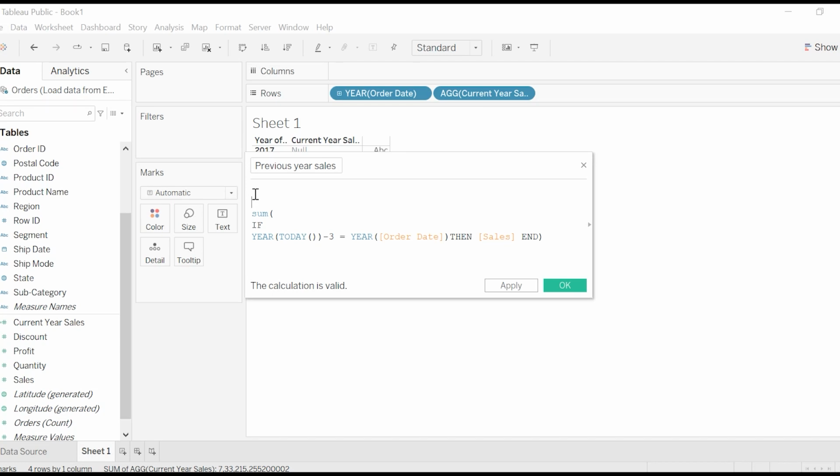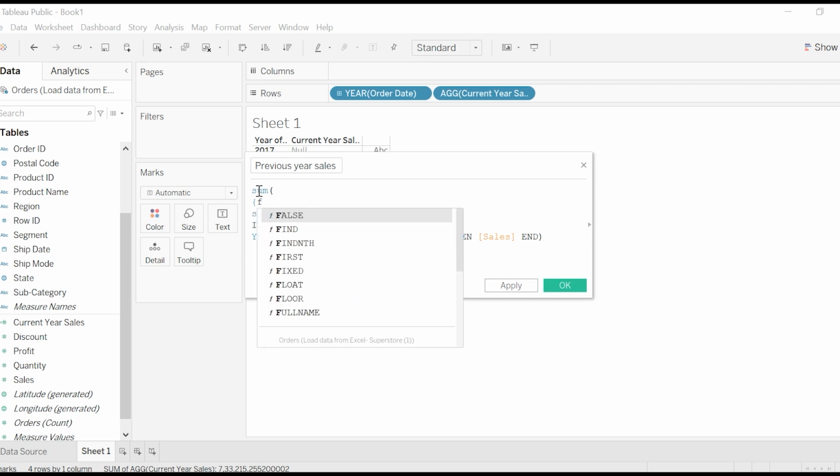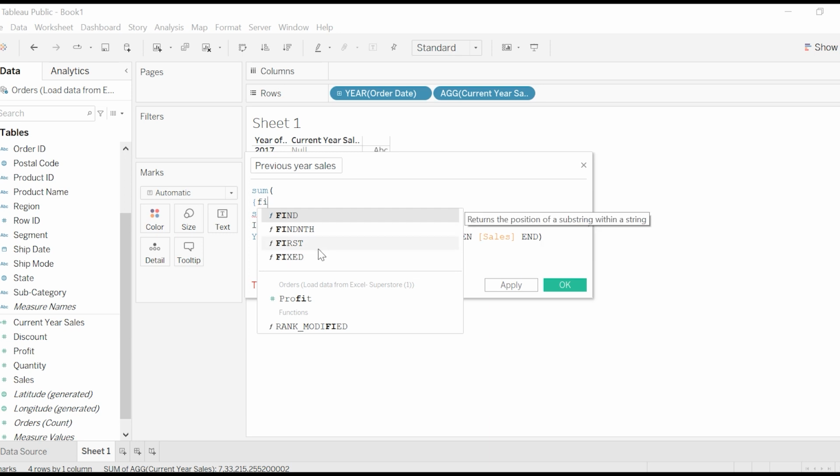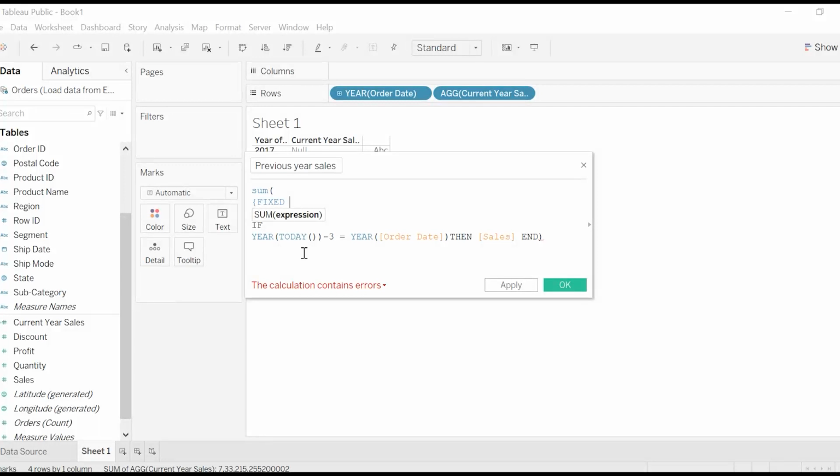For that, I will use again a sum function here above, and I will use a fixed LOD. So fixed, I'm fixing the day of order date,